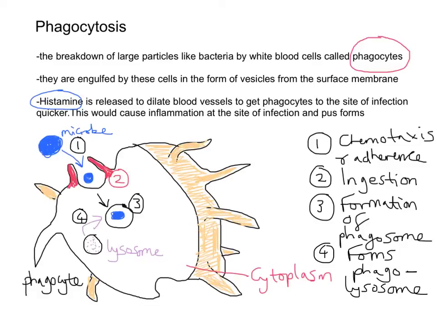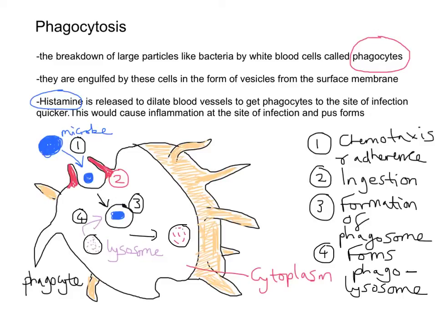And you can imagine that if the lysosome contains digestive enzymes, then you're going to ultimately digest that microbe. So those enzymes, as you can guess, start to digest and break down that microbe. Now, there will be bits of indigestible material. The enzymes won't be able to break down all of it, and that indigestible material remains in what's called a residual body. So once you get the formation of the phagolysosome, there'll be little bits that the enzymes can't digest,